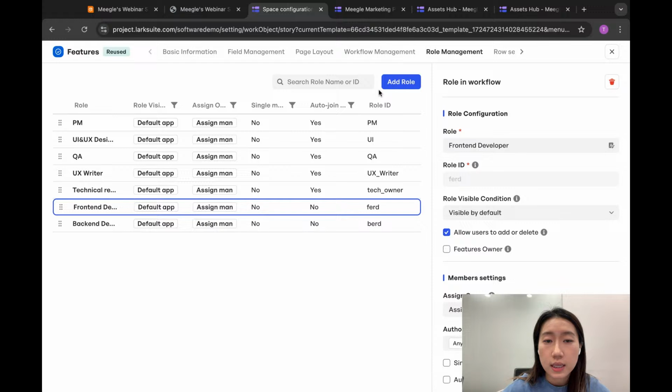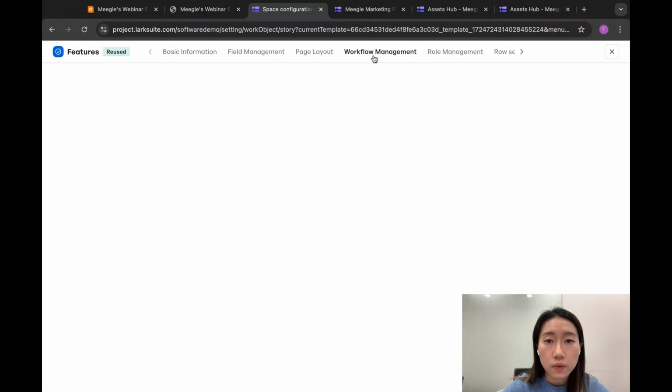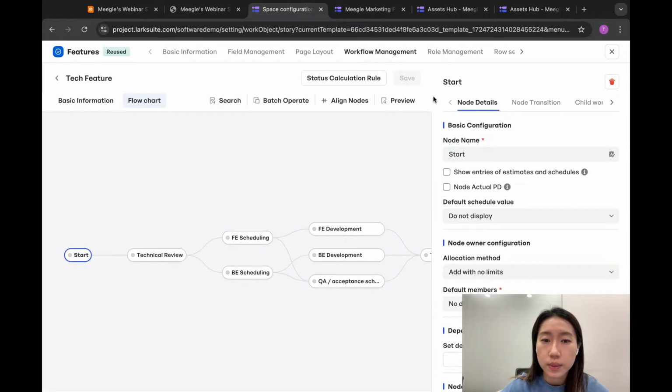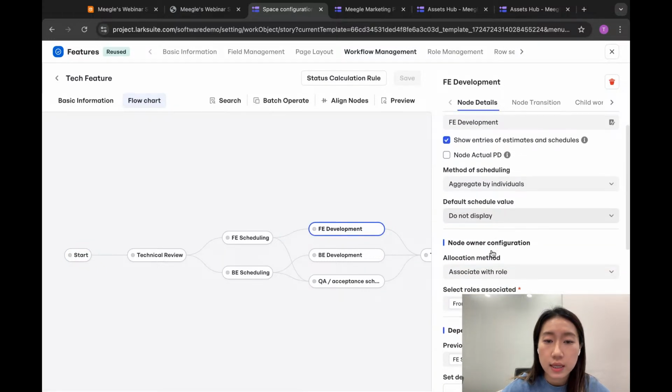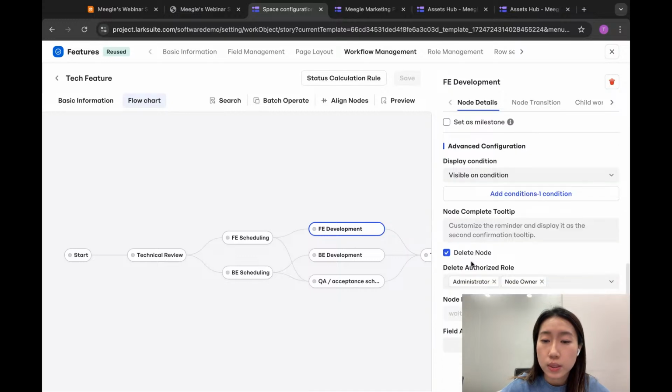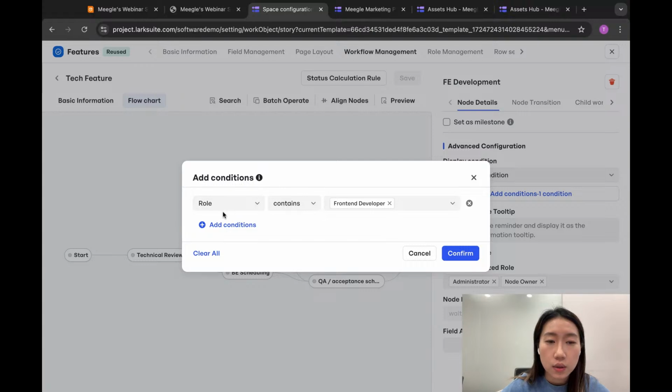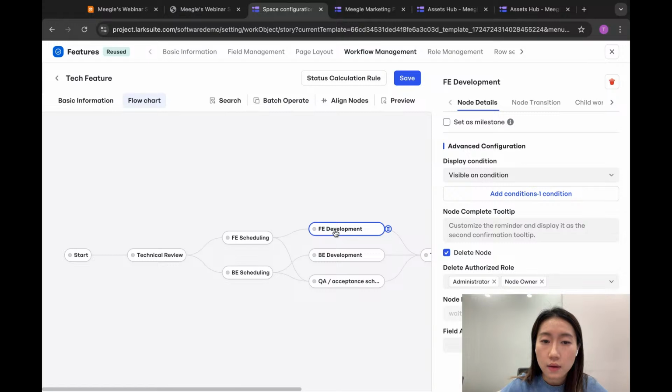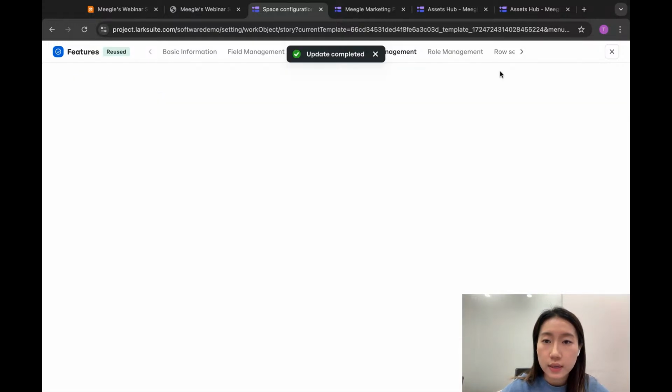So in this case, we can customize the workflow according to whether the role appears or not. For example, if I want to connect the node front-end development with the role front-end developer, we can add a condition to the node here that when the role contains front-end developer, this FE development node appears. And if we save this change,